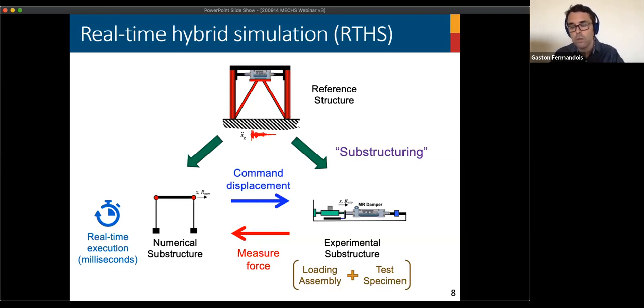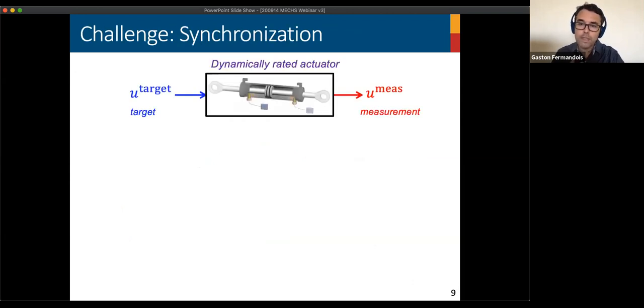And there's also quite a variety of publications on this topic. The challenge of real-time hybrid simulation is synchronization. So we're using actuators in order to impose displacements into our specimens. And the problem is that actuators have some delay in the measurement signal compared to the target or the desired